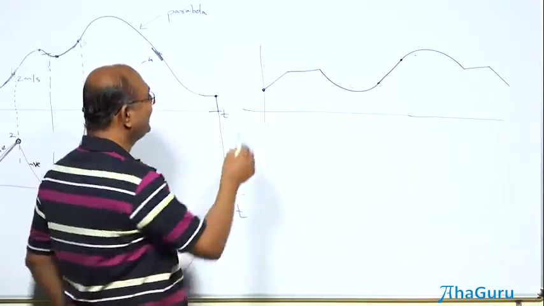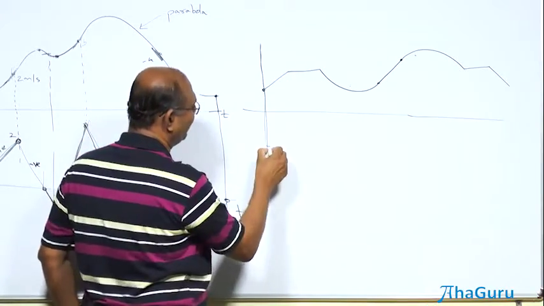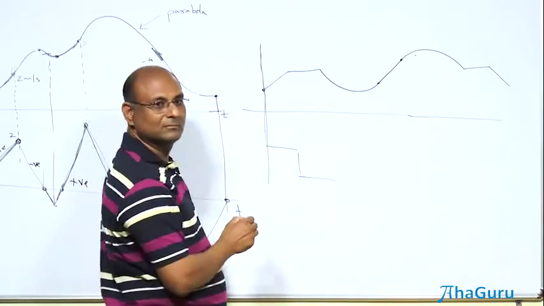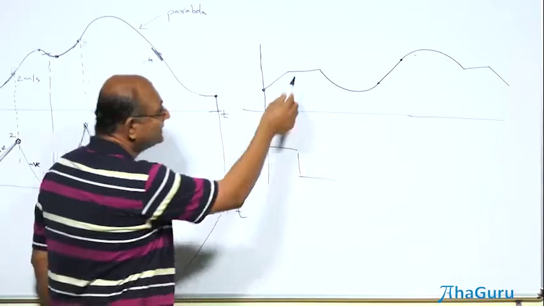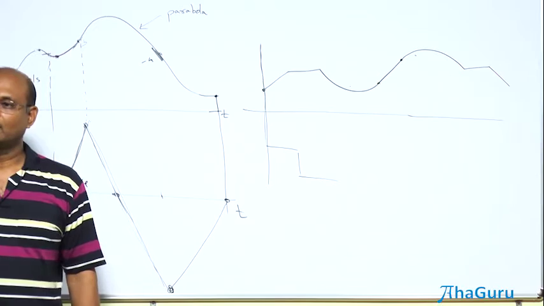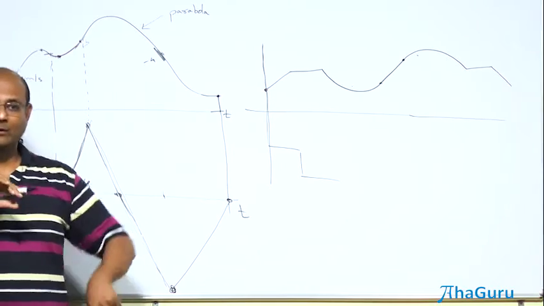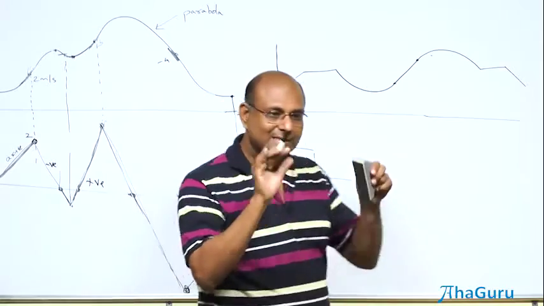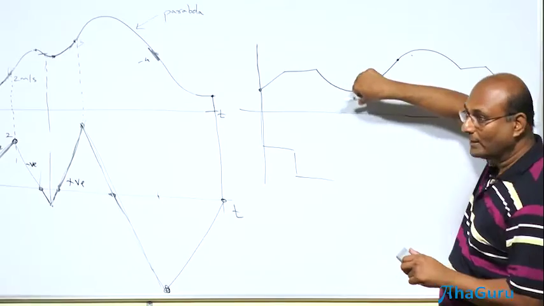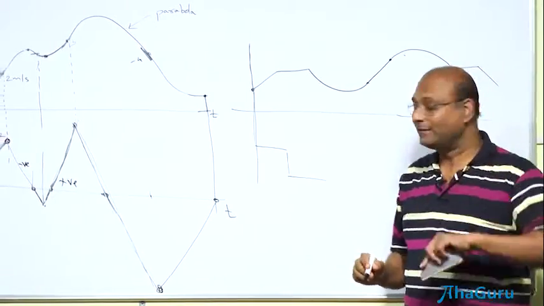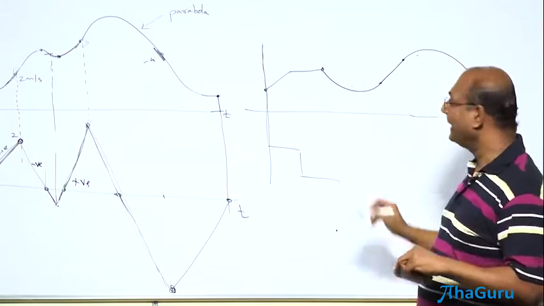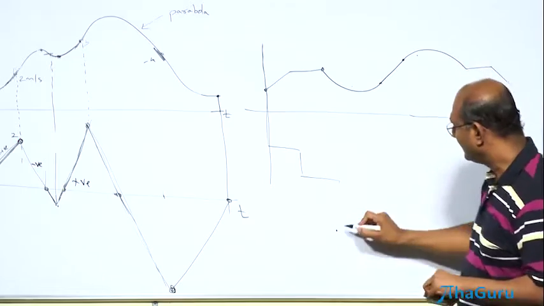But when you get to the VT graph, this guy is going to look like a flat line. That guy is going to look like 0, because velocity is 0. This guy is going to look like a... now what kind of line? Upward sloping line or downward sloping line? Let's think. Your velocity was negative, it became 0, then it became positive. You started with a negative velocity. At this point there was a sudden jump like that, and then you became 0 and then you went up.